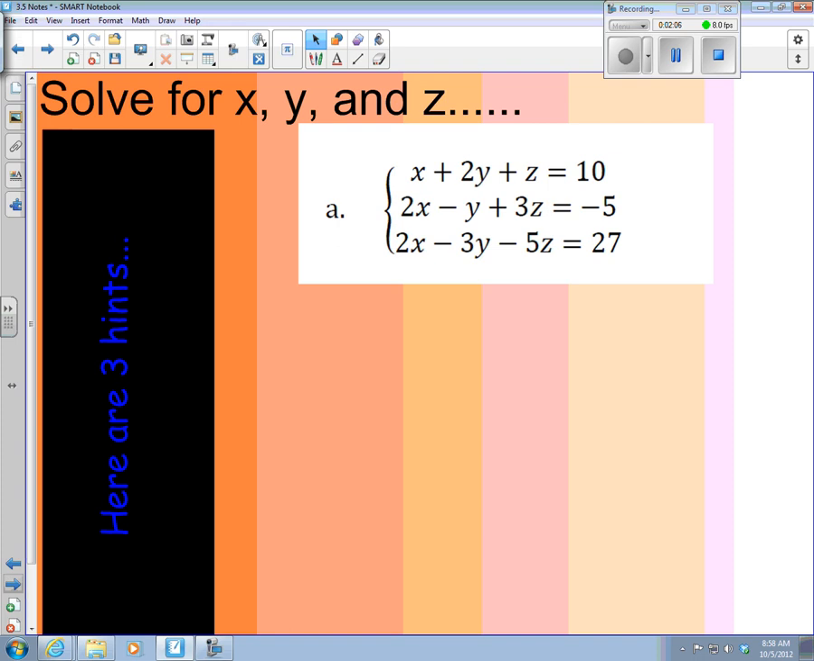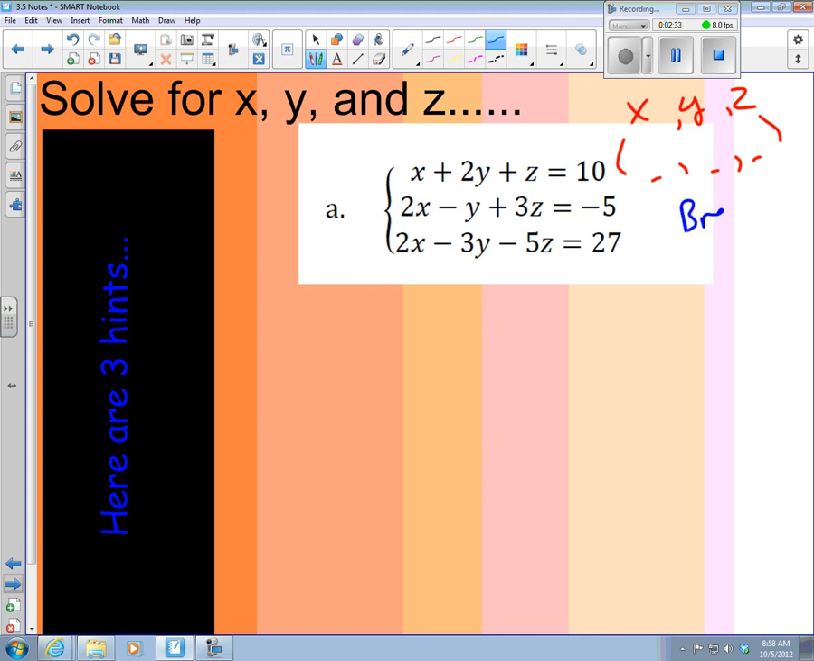Here's a typical 3 by 3, called a 3 by 3 system. If you want to solve this for x, y, and z, you're going to have an ordered triple, x, y, and z. And we're looking for x, y, and z right here. You need three equations, and we do have that. And what you have to do is